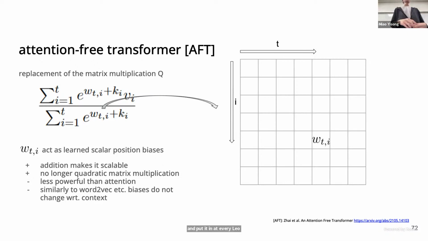So what is the motivation for putting plus with a scalar? The motivation is to trade off computational power or representational capacity with the scaling, like make it more scalable, make it less compute intensive. No, I mean the K. What does K mean? K is key. You still have keys and values, so K can actually still modify the query, right? Or in this case, query is replaced with weight. Yeah, so when you plus K with W. Yeah, so K is actually a vector and W is a scalar. So you just add the scalar to all the values in the vector. Okay, so